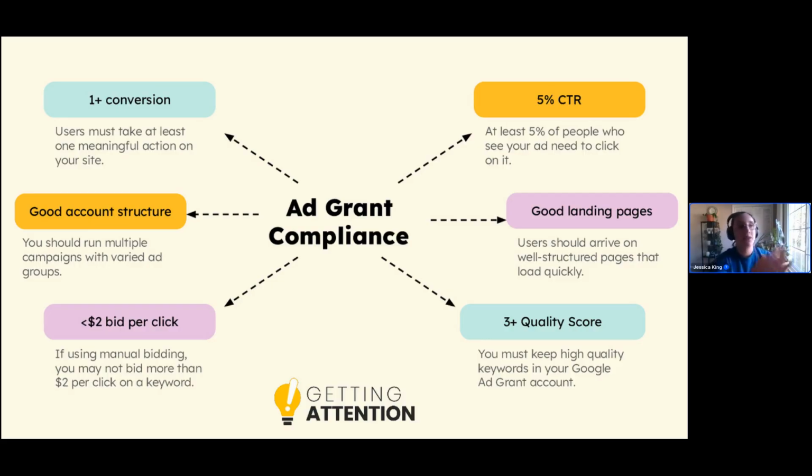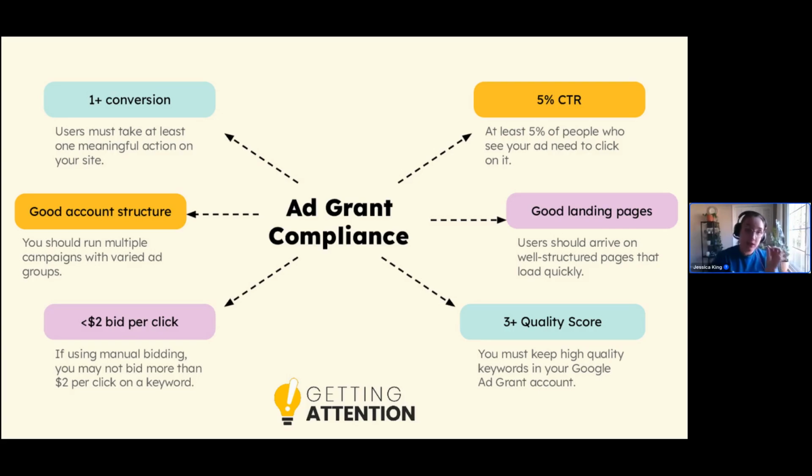What that means, when I say bid, is that you have the option to tell Google how much a click from somebody searching a certain keyword is worth to you. For example, if you are an animal shelter in Atlanta and someone in Atlanta is searching animal shelter, you might tell Google, hey, that click is worth more to me than somebody searching, I don't know, yard services, right?